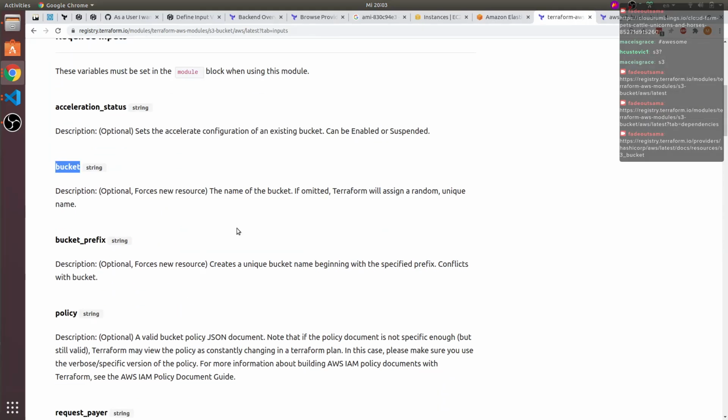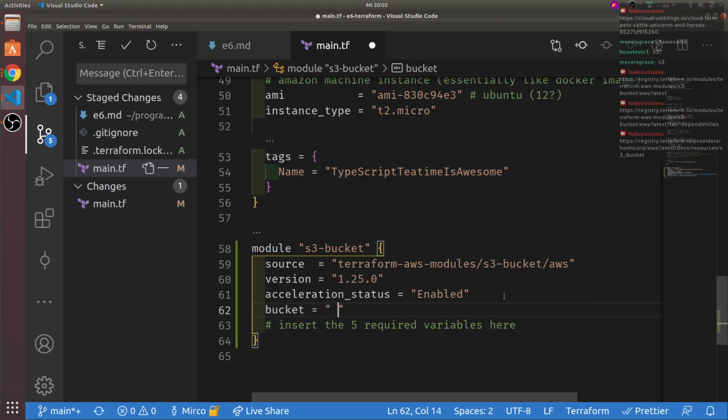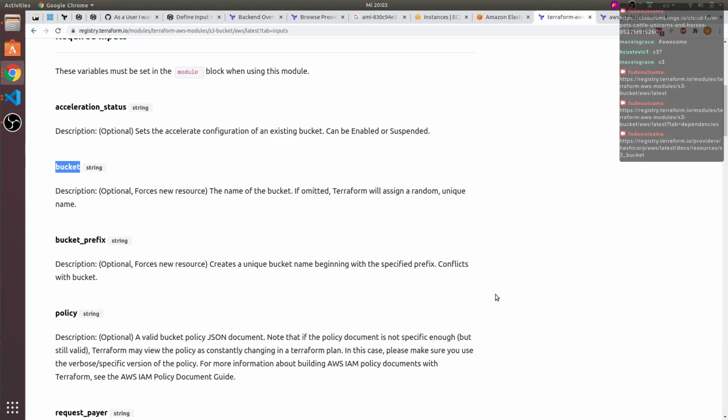The bucket, which is the name, equals, so let's call it TypeScript subscript tcup or tcan. No, tcup, because it's a bucket.